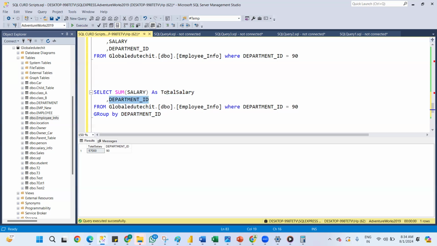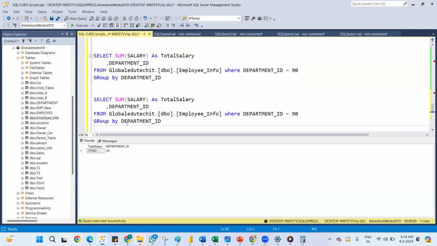So now see here, we can give total salary as the alias. This one also we can give that way, and also you can directly write total salary, this one also accepts, as is not a optional. And also, if you want to give space in between, it will fail. But I want to give total salary as an alias name. So what you can do is